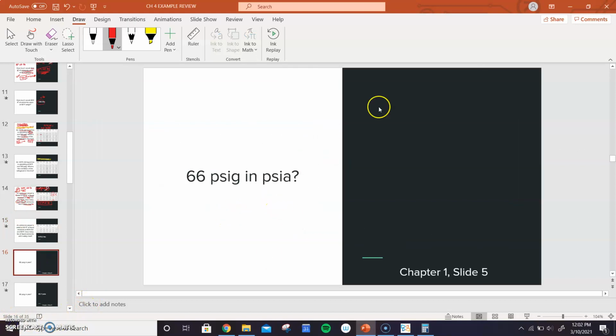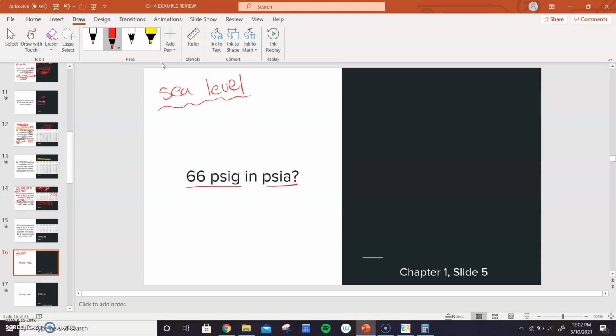All right, next problem. This one says 66 PSIG and PSIA. So we have 66 PSIG, and we're looking for how much that is in PSIA. We're assuming that we are operating at sea level. Ooh. Okay,